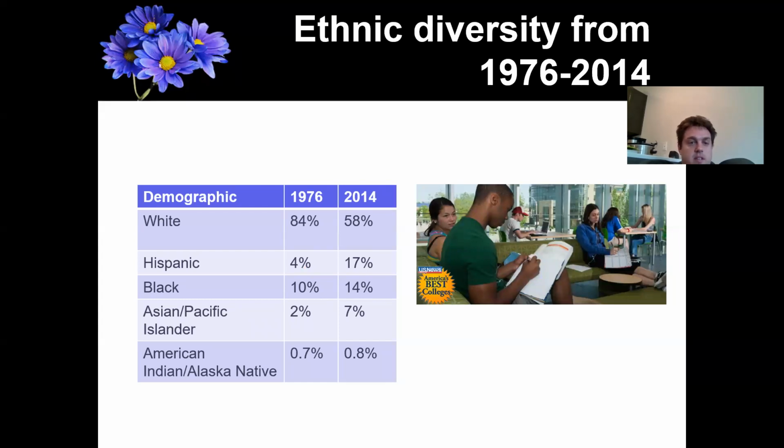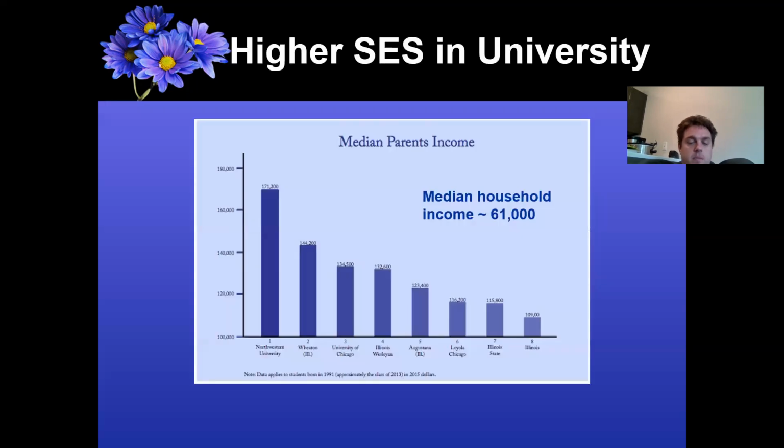Some other things to consider here: the demographics of researching college students has improved. In terms of ethnicity, it's a lot more representative of the population than it was, say, 40 or so years ago. As you can see here, you don't have to remember these numbers, but just remember that the sample of college students is closer to what it is in the actual population, so more diverse. So that's good. Not so much with other factors.